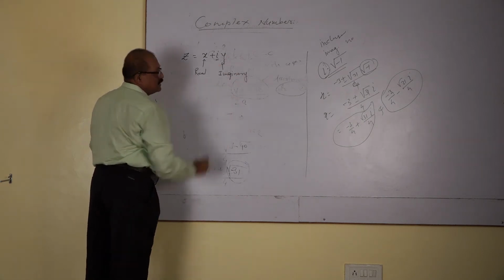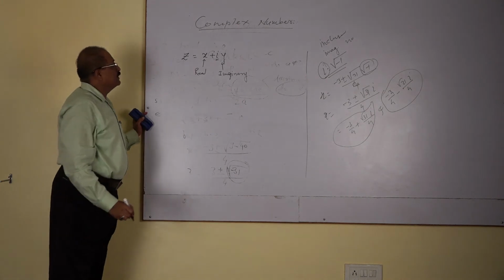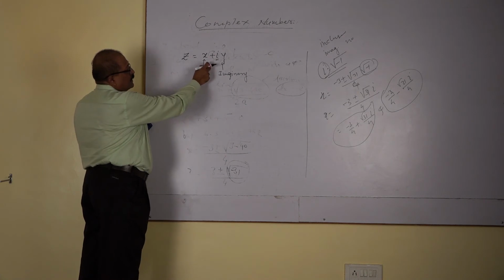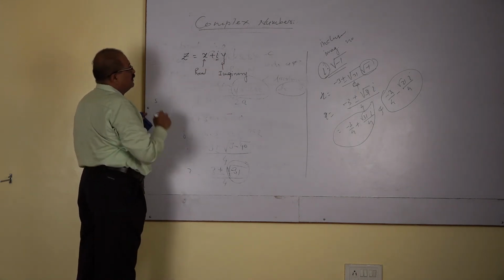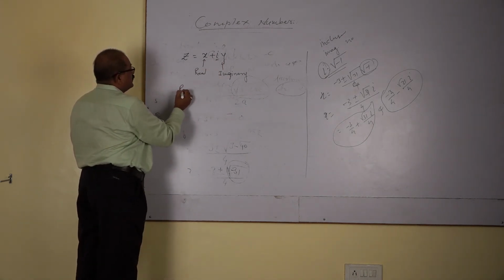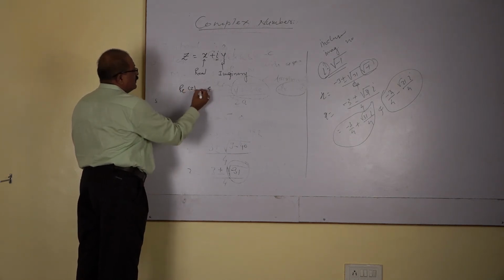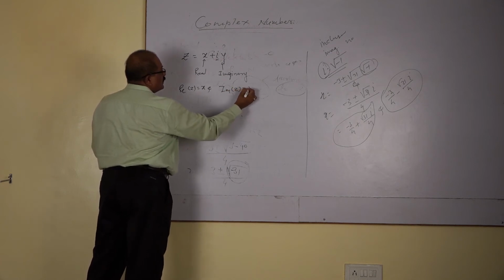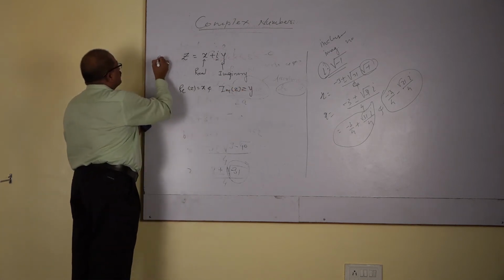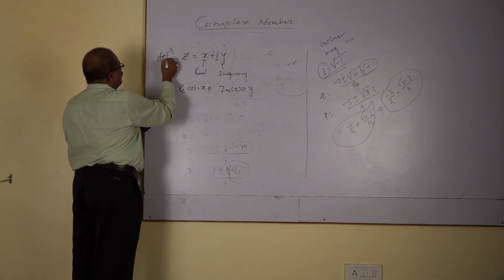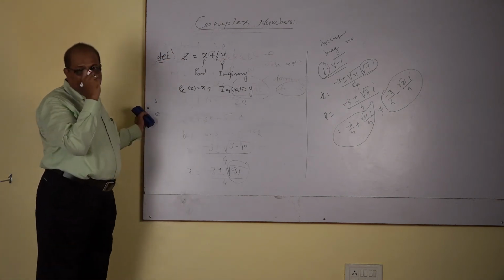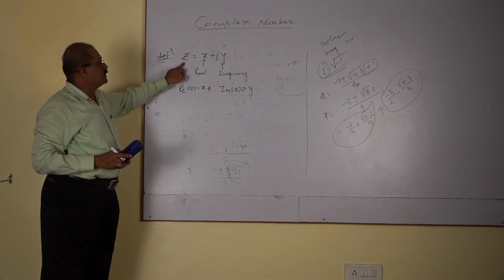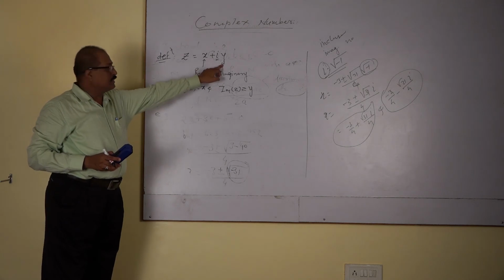Because we have introduced this imaginary number, that's why this number is known as a complex number. This complex number consists of real part and imaginary part. The real part of z is nothing but x, and the imaginary part of the complex number is nothing but y. So this is the definition of the complex number. In short, how do we define the complex number? Listen again: the complex number consists of the real part and the imaginary part.